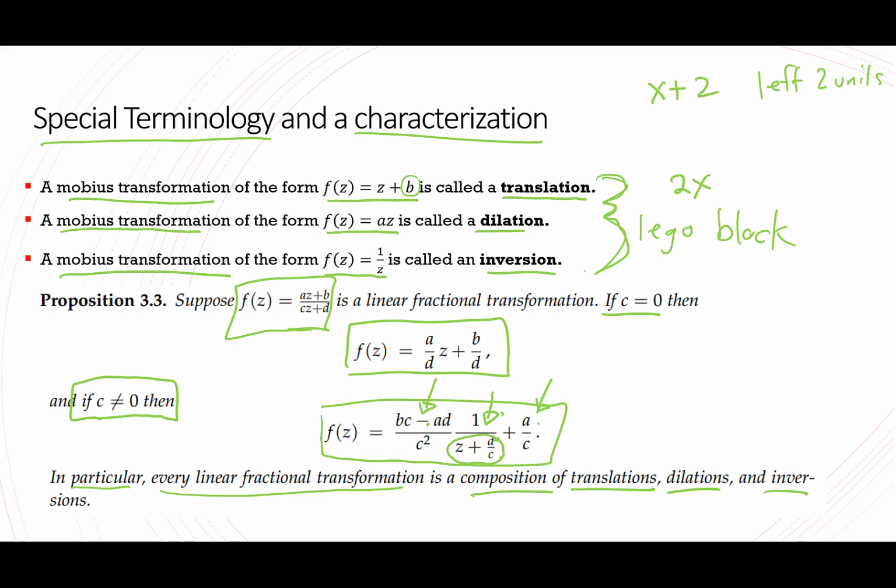So that's why if you have a Mobius transformation in its general form, I called it earlier Lego art because this is really built out of these types of functions. Okay. Now we're going to see this again really soon in this video. This is going to help us prove another really cool property of Mobius transformations. So don't forget this, even though it might be hard since we just talked about it.